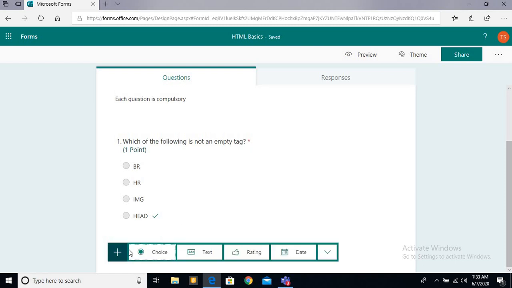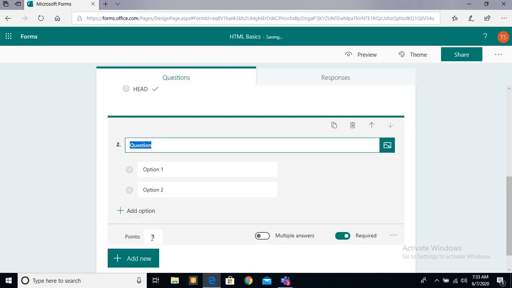Then same, my question is added. So you have to click on add new. Then again choice. Now you see, whatever settings I have done for the previous question, the same will follow here. Then for the second question, I'm going to choose: which of the following will display the text in largest size.